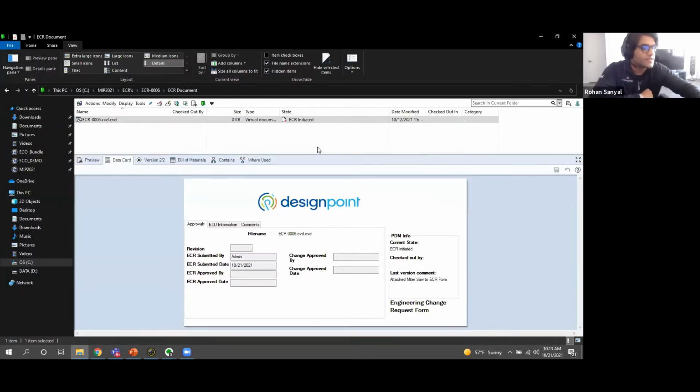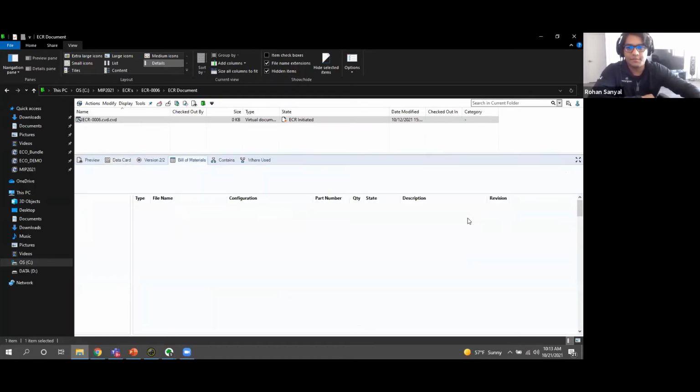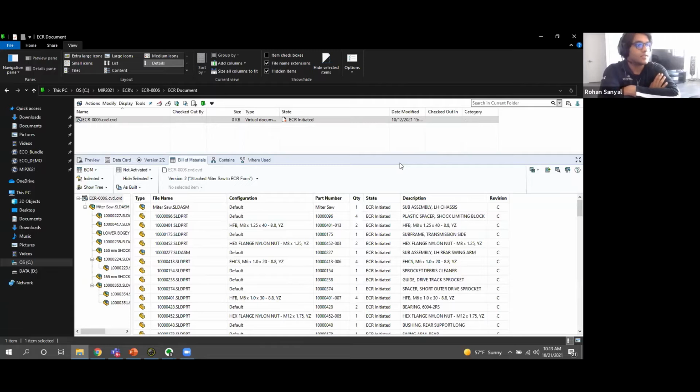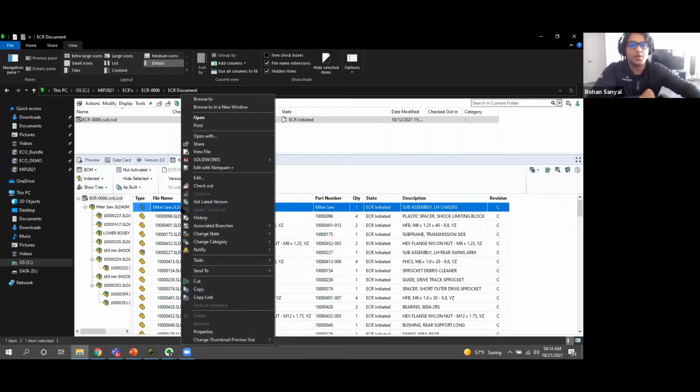Brilliant. So what does this accomplish for me? Let's actually go to the bill of materials. You'll see that this ECR form now inherited the bill of materials for that miter saw assembly. All right. And if I were to, let's say, go to this miter saw assembly, browse to it,